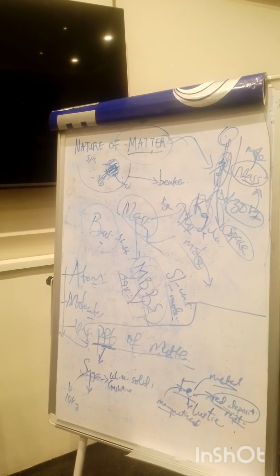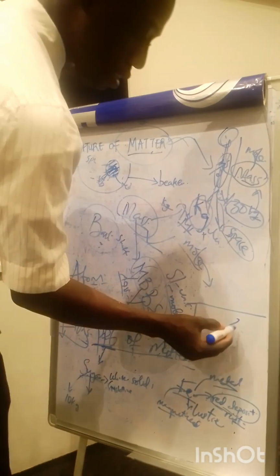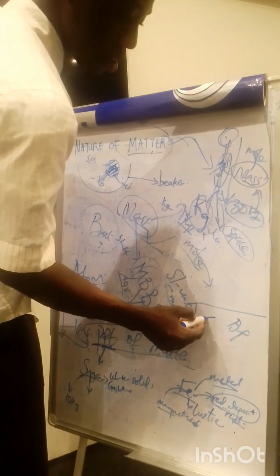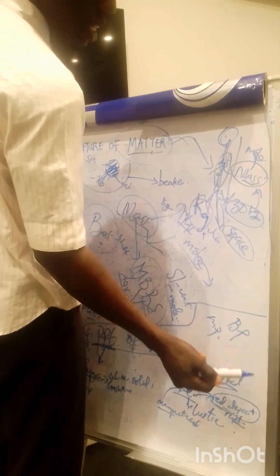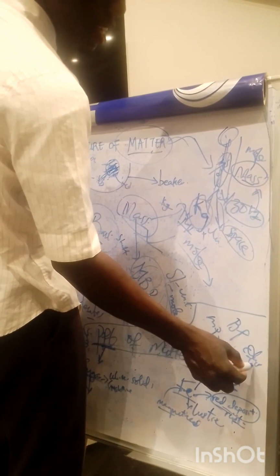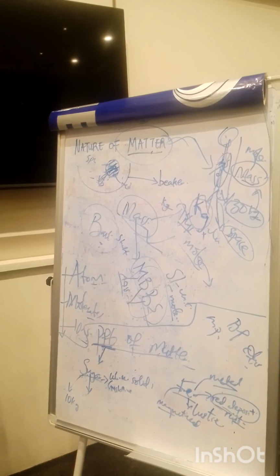We can see that physical properties are properties that are associated with your physical change, things you can see. Are you with me? The common physical properties of a substance include the boiling point and the melting point. Under metals you have ductility, conductivity, and sonorous nature. All those things are physical properties.